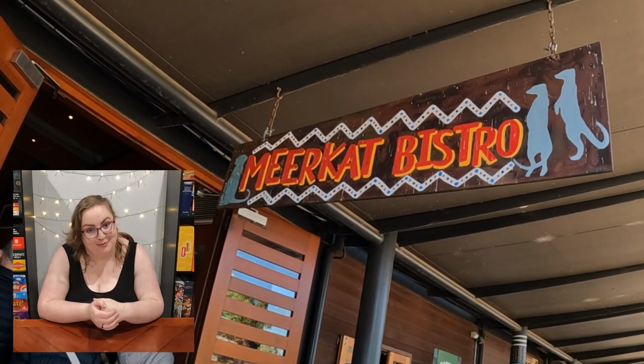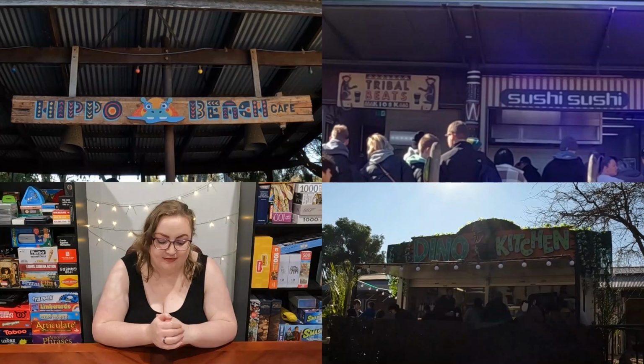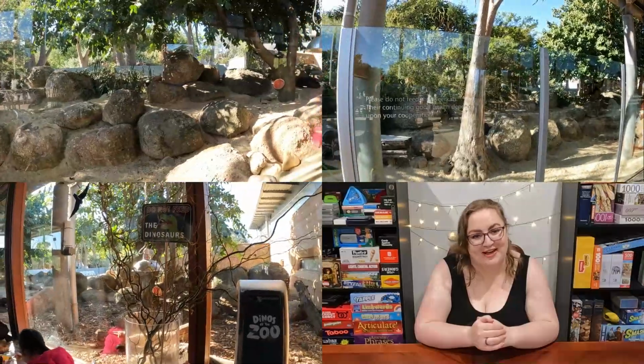However, some of the benches are stylized in ways that may not make them accessible to everyone. When it comes to food and drink, you can bring your own picnic from home, or you can grab a meal at the Meerkat Bistro. During peak periods and school holidays, there are 3 other places to eat around the zoo, but the bistro is open every day. The bistro gets its name and popularity from the glass wall overlooking the meerkat enclosure in the